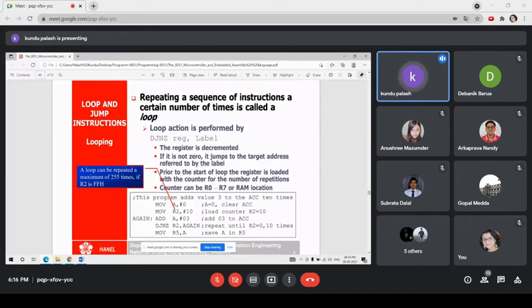It jumps to the target address referred by the address label. Prior to the start of that, there is a looping automatically feature. Prior to the start of the loop, the register is loaded with a counter for the number of repetitions. The counter can be R0 to R7 or any RAM location. As an example,